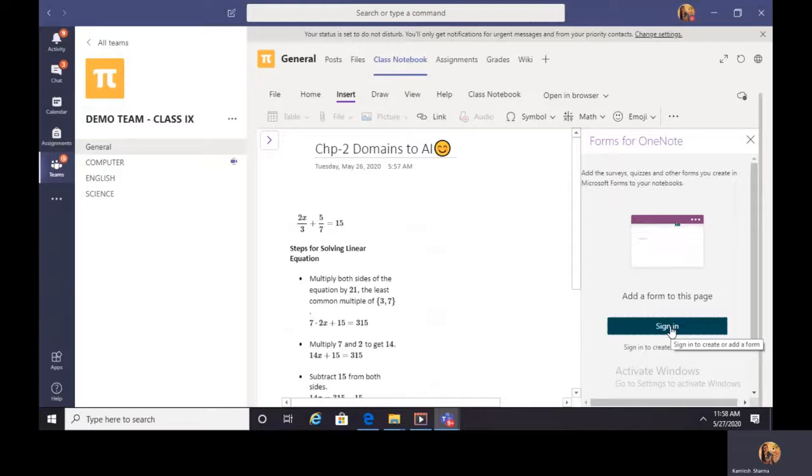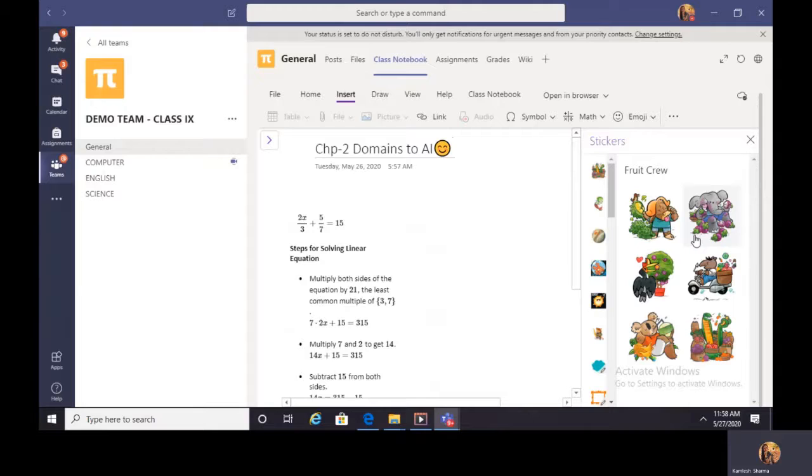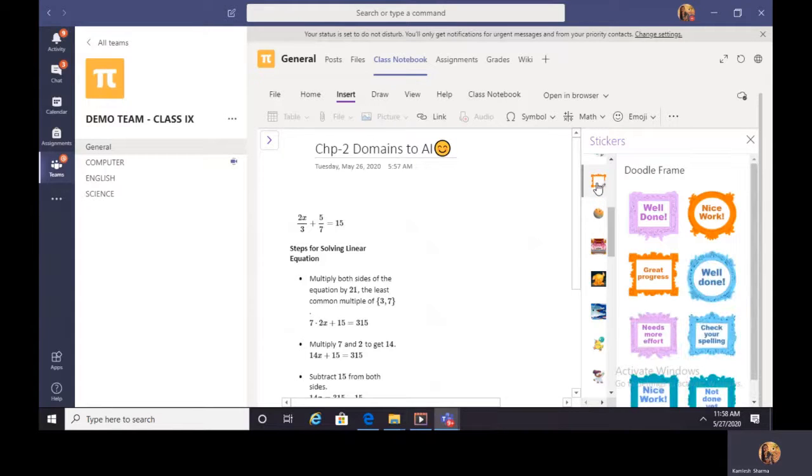So your first requirement has to be first sign in to portal.office.com so that your form comes automatically here. All right, then you can even add the stickers here. There's a very rich collection of stickers available on this platform which can be used by you.